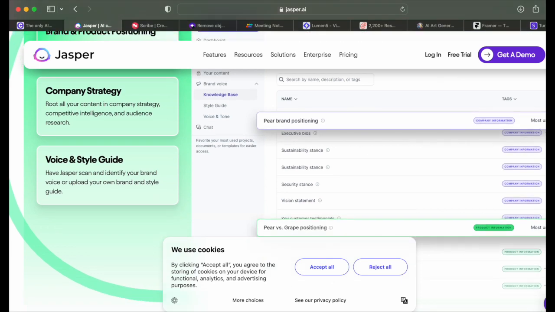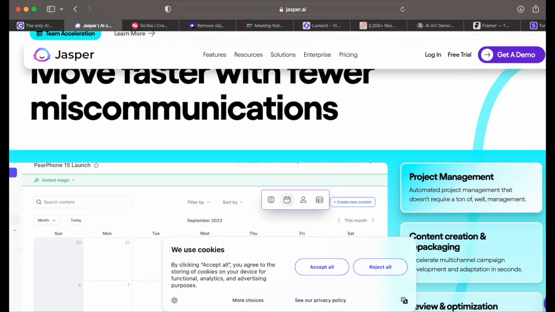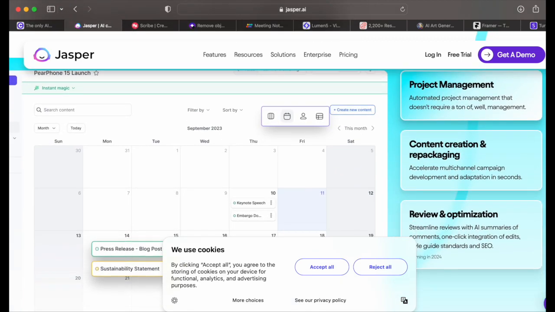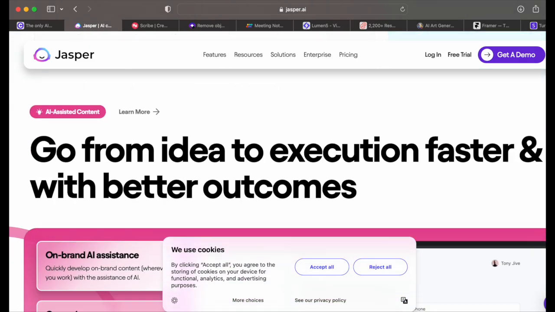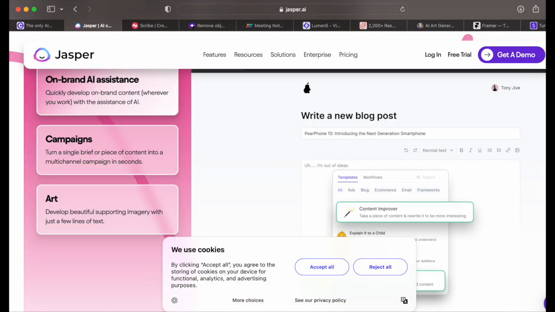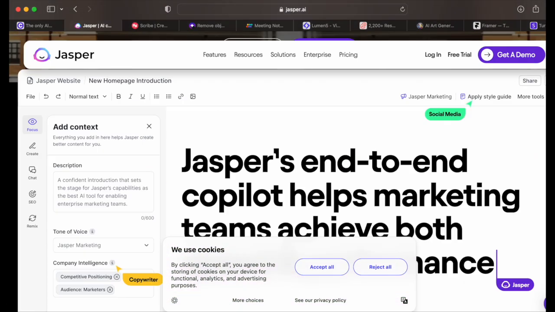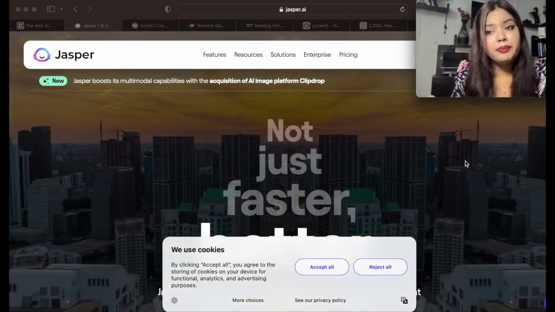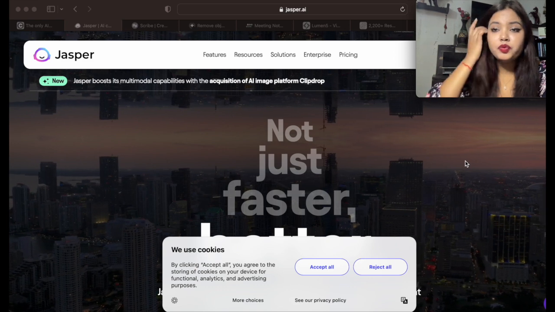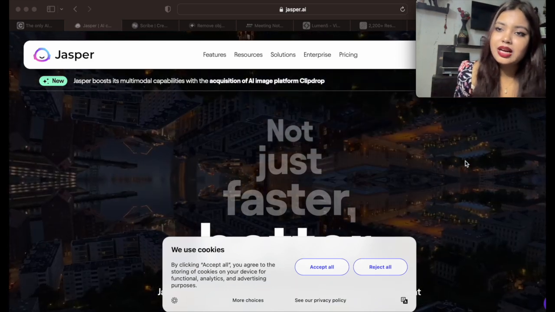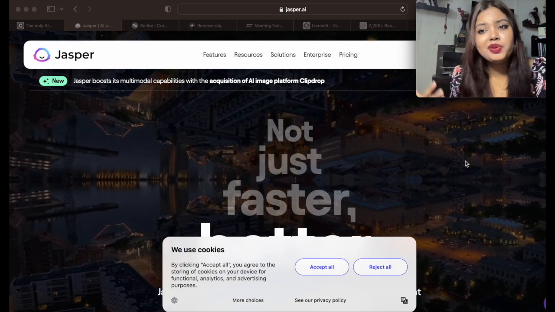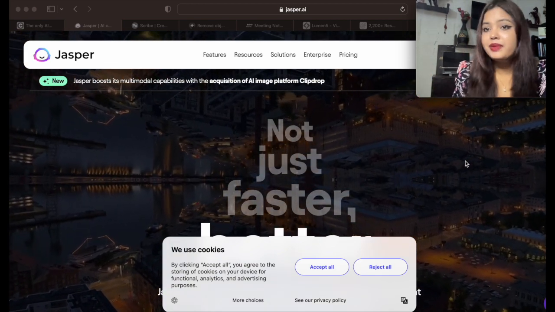So you can see that ये इनकी सारी information है, how it's managing the project management, content creation, and then review and optimization. So yeah, everything can be done, but for that you need to give the command to the tool. So that is the Jasper one, and as I mentioned, इनका free और paid version है. So it's up to you how you want to go with that. अगर आपका free version से काम हो जा रहा है, I'm sure हो जाएगा, so you don't have to worry. But however, if you want to go with the paid version, so yeah, it's up to you.